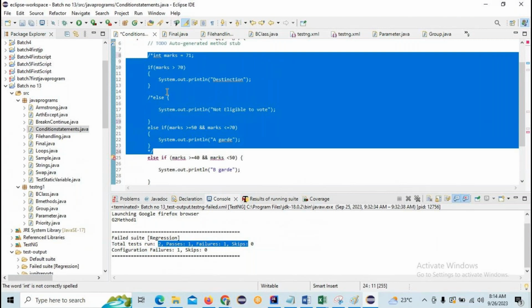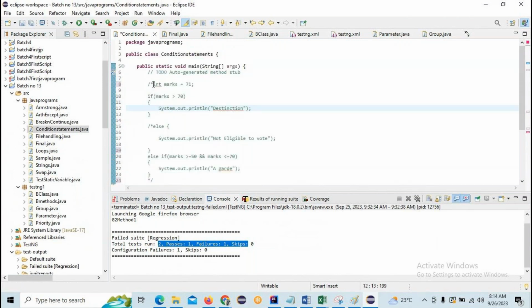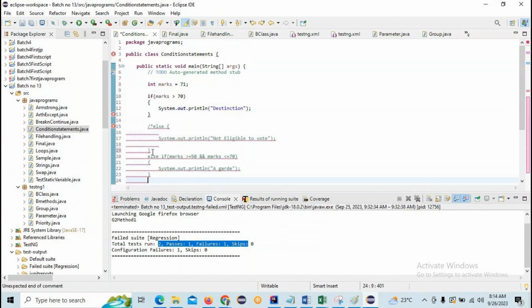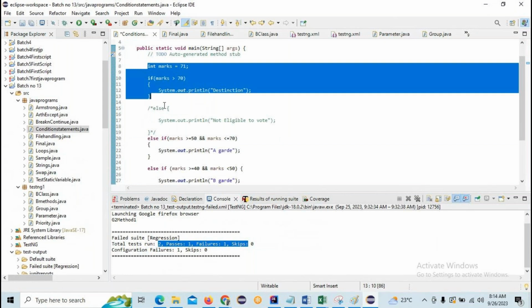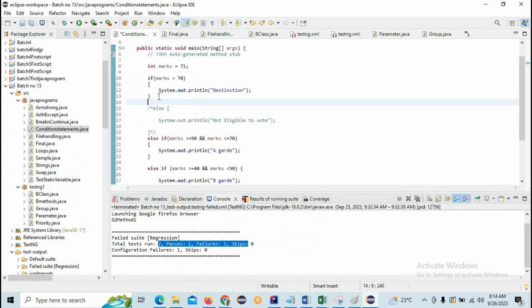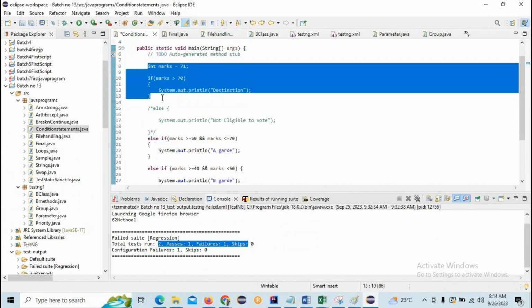Through this comments concept, you can use the code further. For example, guys, please listen carefully. Here you can see I don't want these five lines of code to execute now.